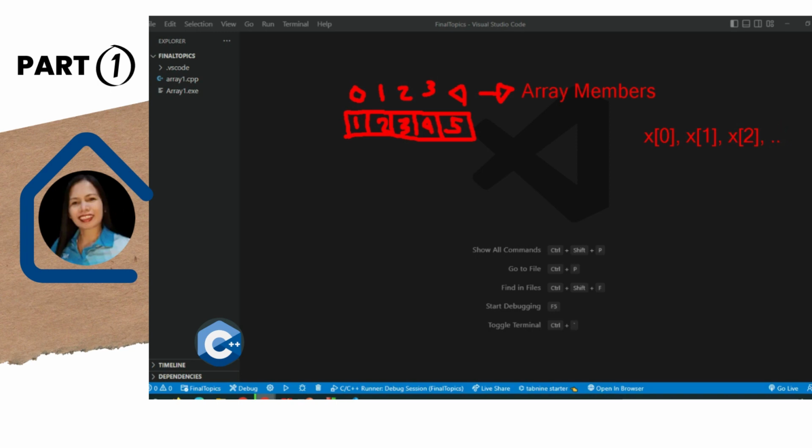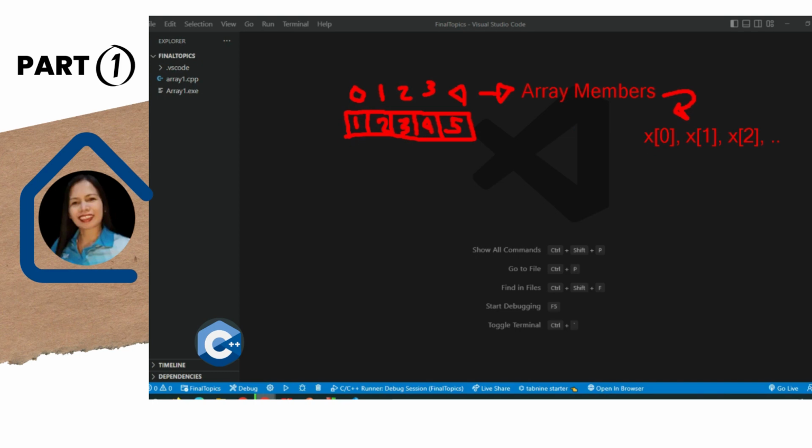We call these array members. The basis for this is using this format. The way you read it, assuming the variable name of your array is x,